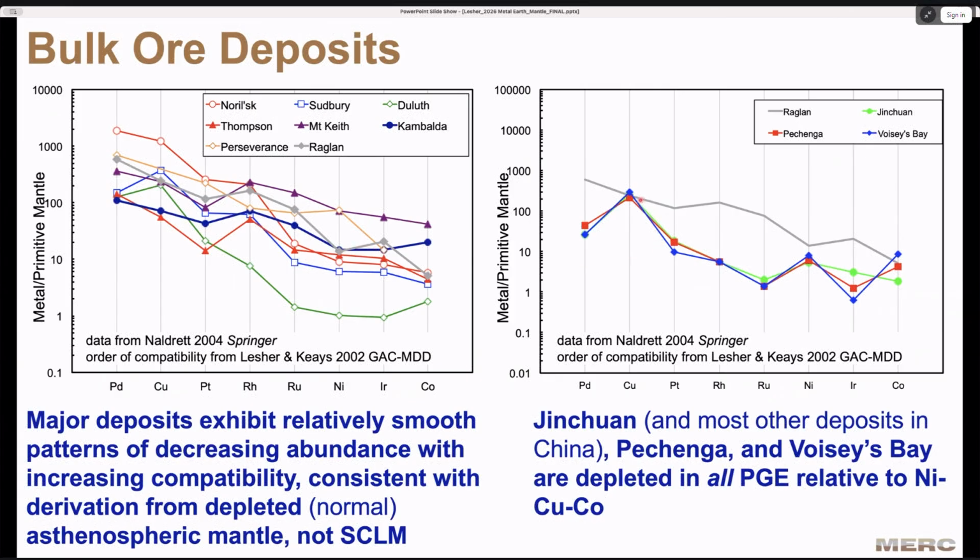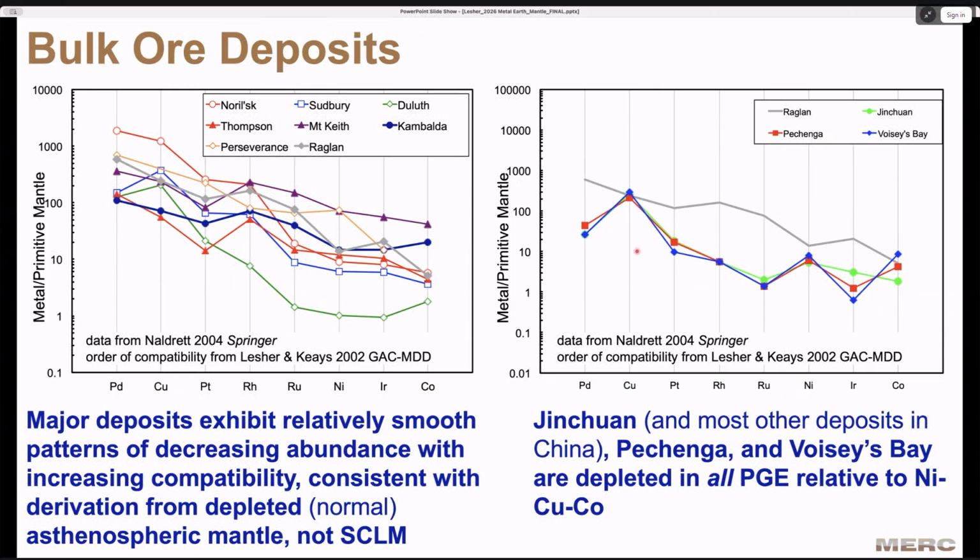Now, the same plots, though, and I've plotted Raglan for reference here, Pichinga, Voisey's Bay, and Jinchuan. And these are lots and lots of samples from Aldrich's compilation, averaged. Well, I'll explain later. A lot of these elements that might be more diagnostic are missing. And then a lot of places, if you go and talk to the PGE people that work on mantle xenoliths, they don't analyze for nickel or copper or cobalt, which has been sort of the trouble we've had in compiling